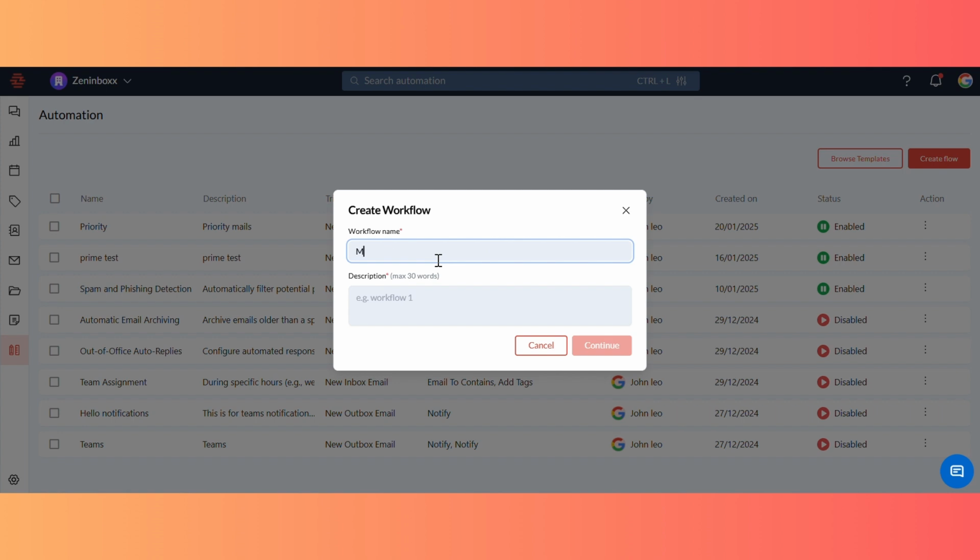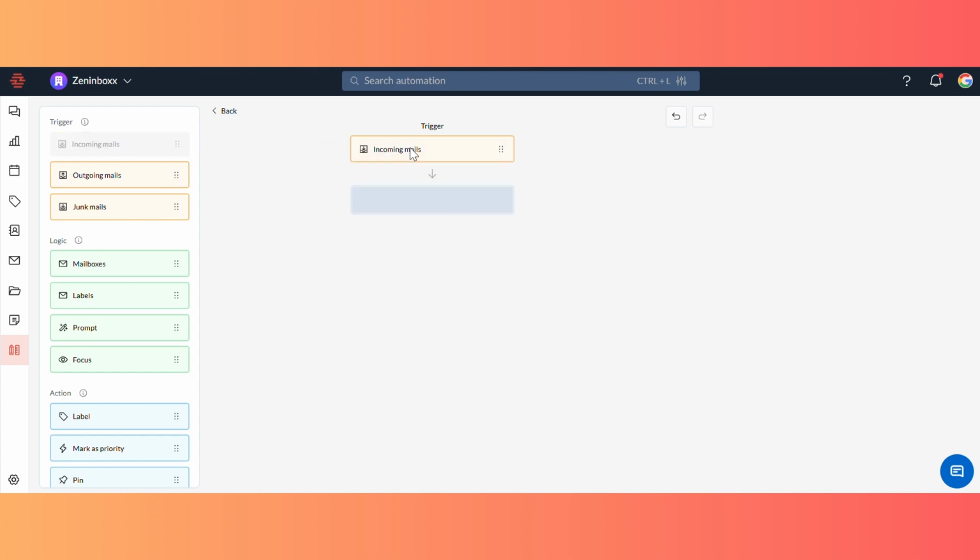Give your workflow a name and a short description. For example, Mark High Priority Emails can be a good name. Once completed, click Continue. Set the trigger to Incoming Mails, so the workflow activates whenever a new email arrives in